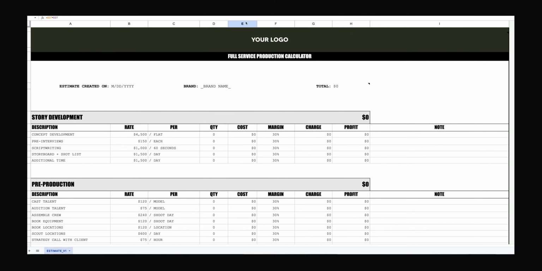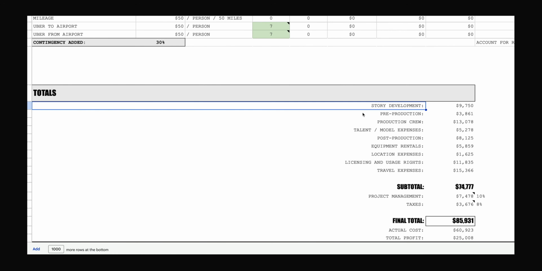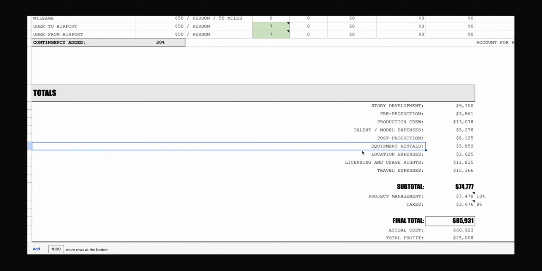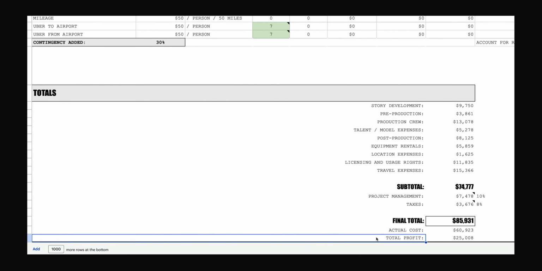The calculator is super easy to use and can be customized to fit your brand. You can easily change the rates and profit margins to reflect your pricing. As you go through the calculator, you'll find totals for each phase automatically calculated, as well as your total profit. As we continue to navigate our business through this world of production, I'm constantly updating this template based on new